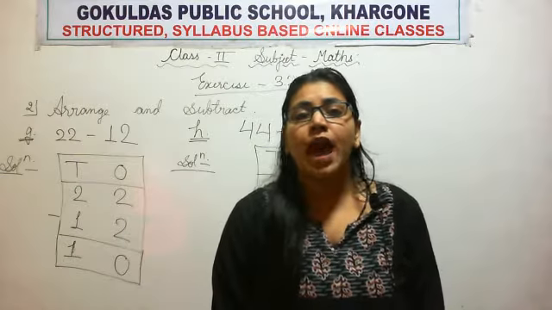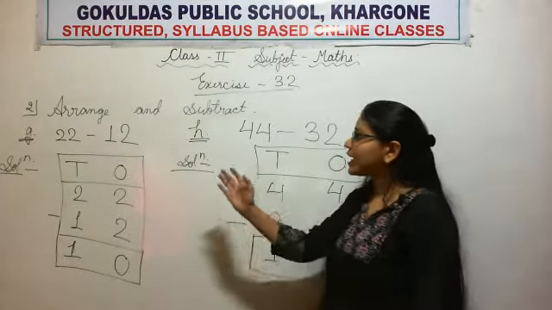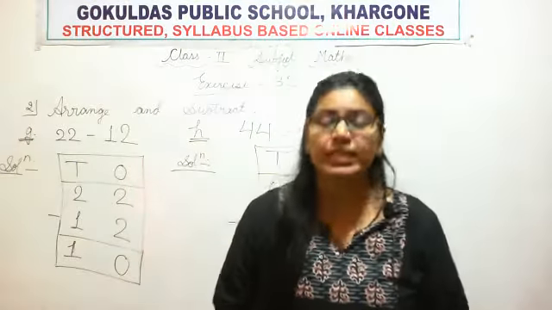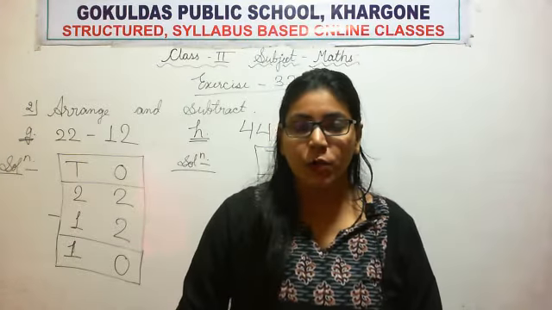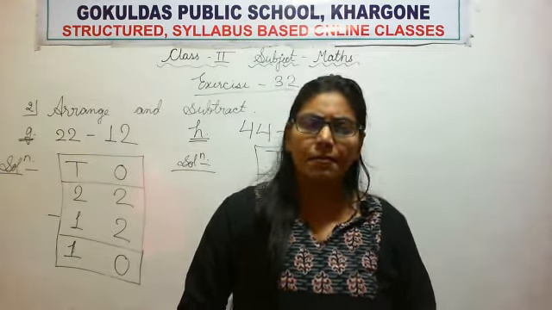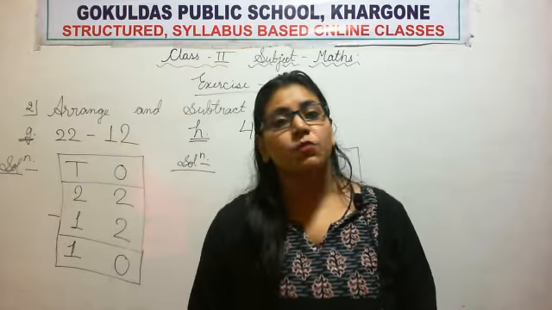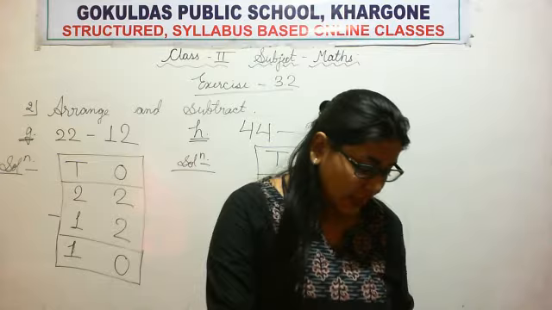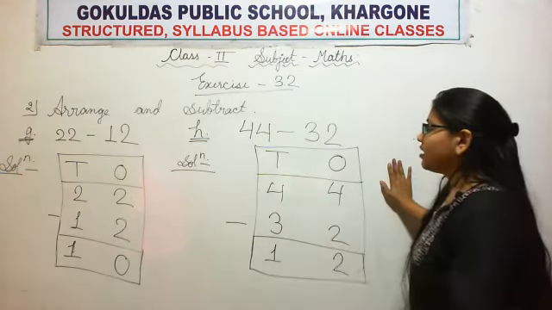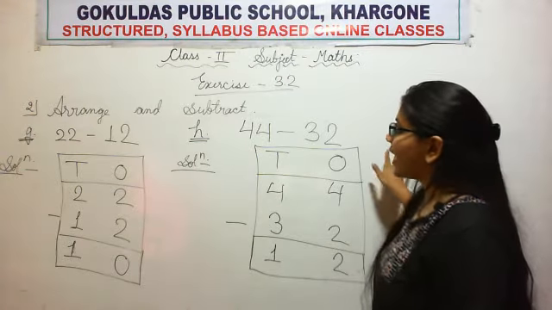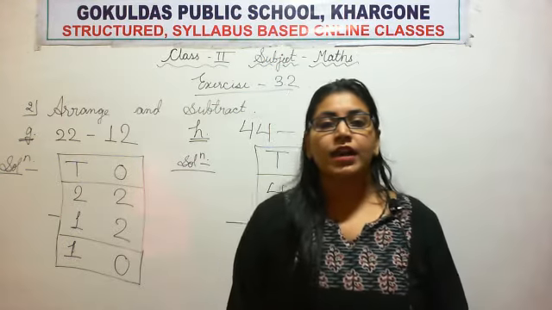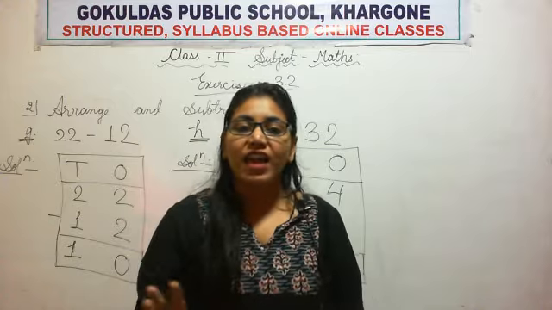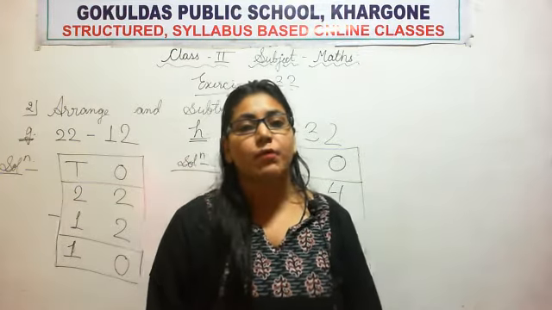So, I hope now you are able to arrange and subtract. Hope you all are able to arrange and able to find out what is minuend and what is subtrahend. The bigger number is our minuend and the smaller number is our subtrahend. So, students, with this part H or question H, we are done with question number 2 of exercise 3.2 as well as we are done with exercise 3.2 also.